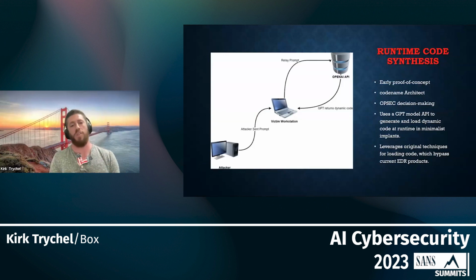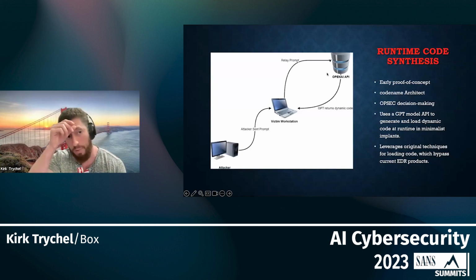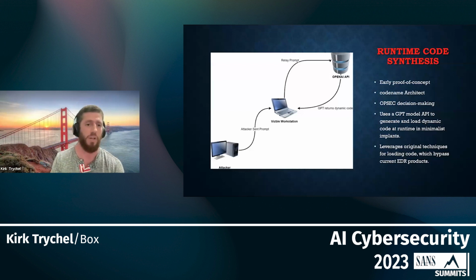Looking at the diagram, this is kind of what it looks like if we build this out a little more and give ourselves another back channel to be able to send prompts repeatedly. Now we're entering into human language hacking, where I'm going to say, send a prompt that does this. My implant running on the host is going to send that prompt to, in this case, the OpenAI API, but it could be your own large language model if you have the funds of a nation state and have your own model or something.